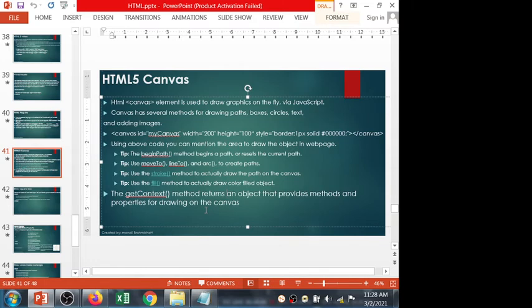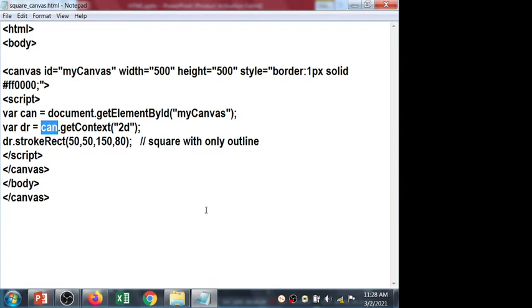So without get context method, you are not able to draw the element. You are informing the browser through the get context method that you want to draw a 2D type element.